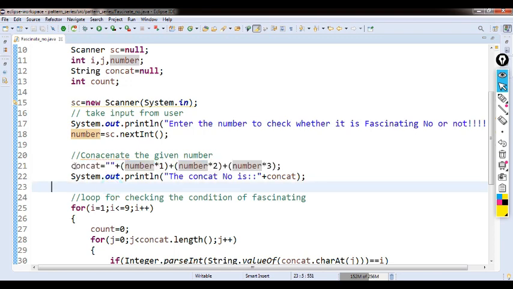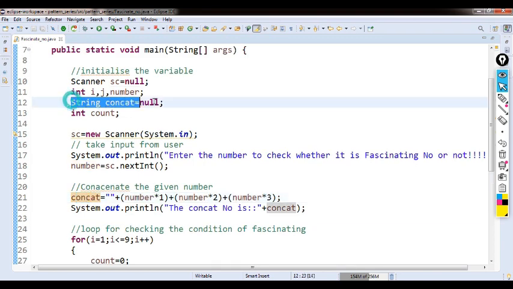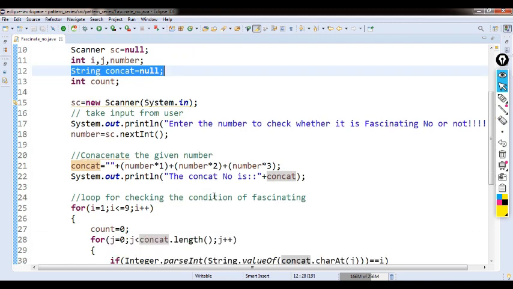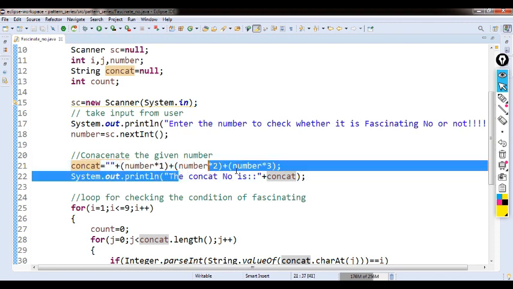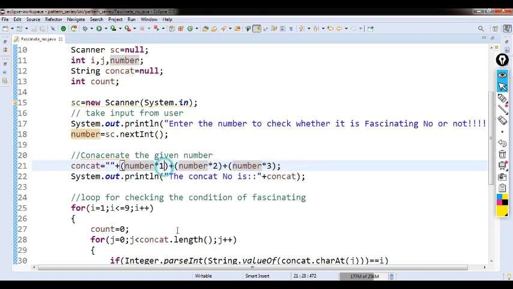See, concat is of a string type. Initially it is pointing to null, so that we can avoid the null pointer exception. Concat equal to, we take this blank space, then we concatenate number into 1, number into 2, and number into 3. Why do we take this?